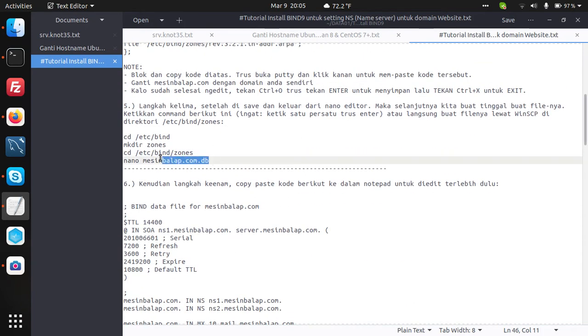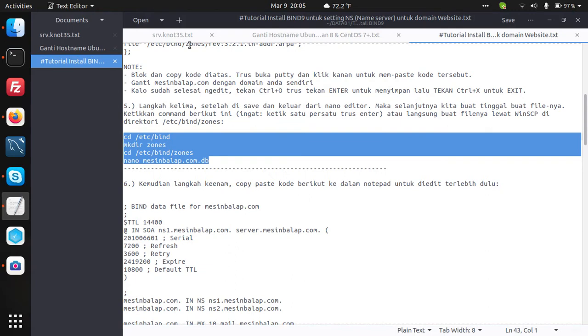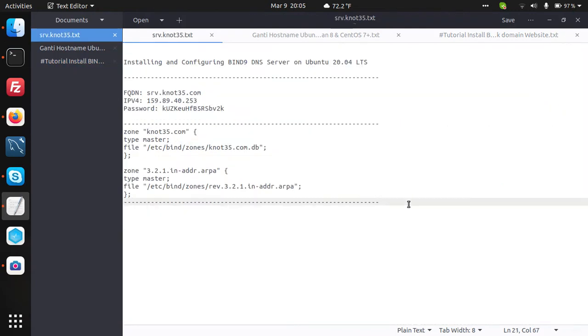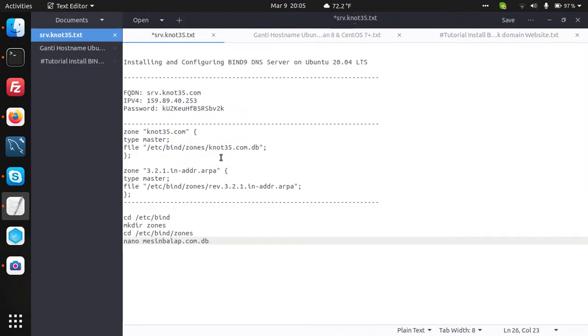After that we need to create a zone directory under the bind directory.